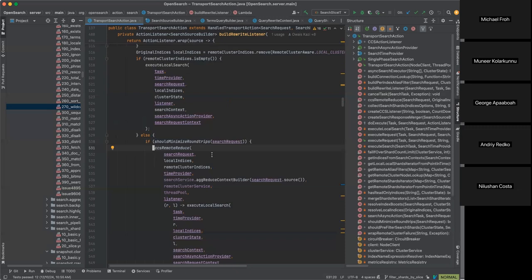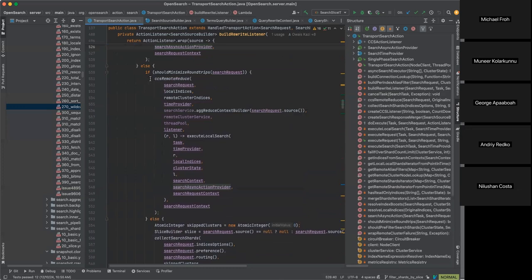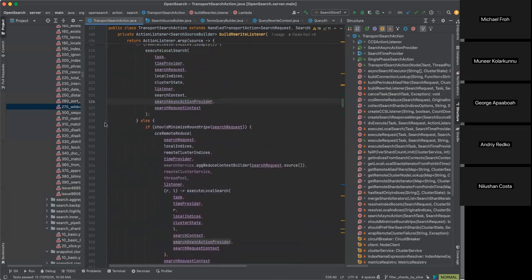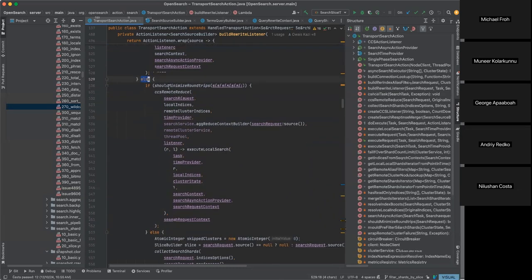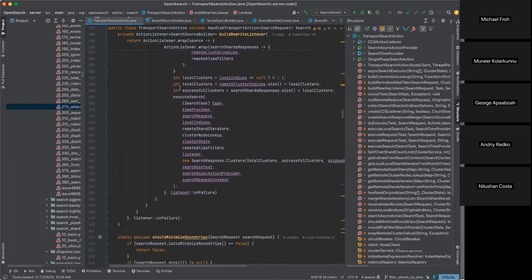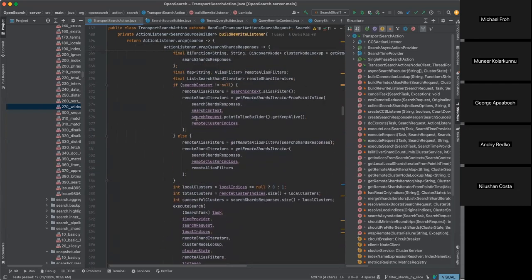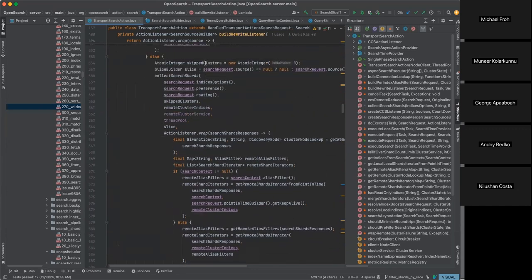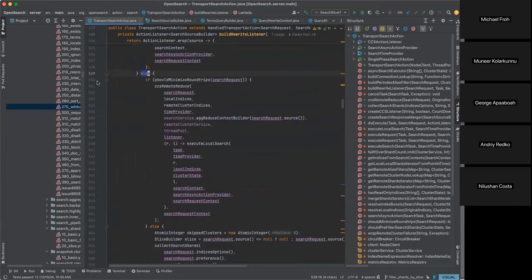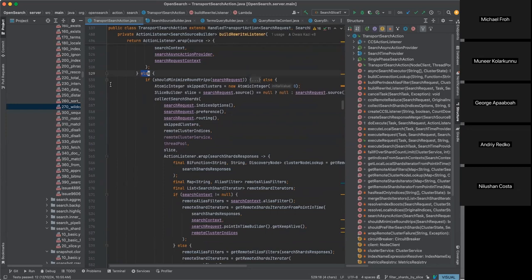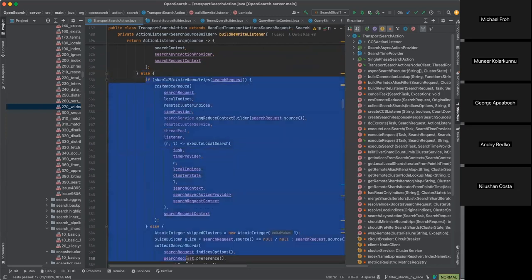And yeah, that ends up getting collated with whatever we get from other remote clusters or the local cluster. As you can see, this else here is the logic specific to cross-cluster search. So as you can see, it's a bit long. Okay, it doesn't have that much branching, but I would seriously consider just taking all of this down